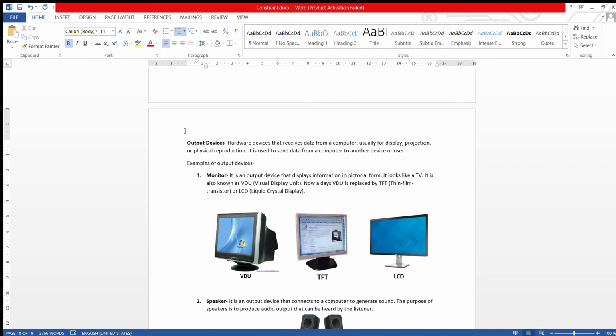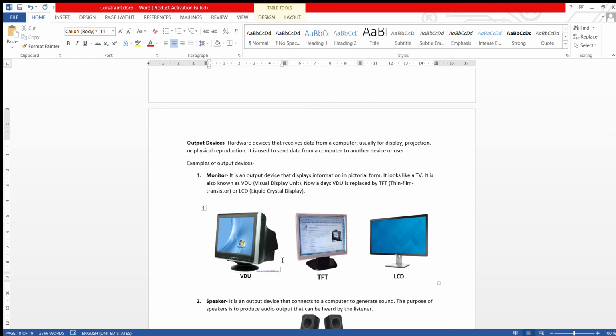So the monitor also looks like your TV. Just see, earlier we were using this type of monitor. This one, the first figure. That is the VDU, Visual Display Unit. It contains the transistor. Just see, a picture tube is there, which is used to display the output. But these VDUs consume lots of electricity, require more electricity.